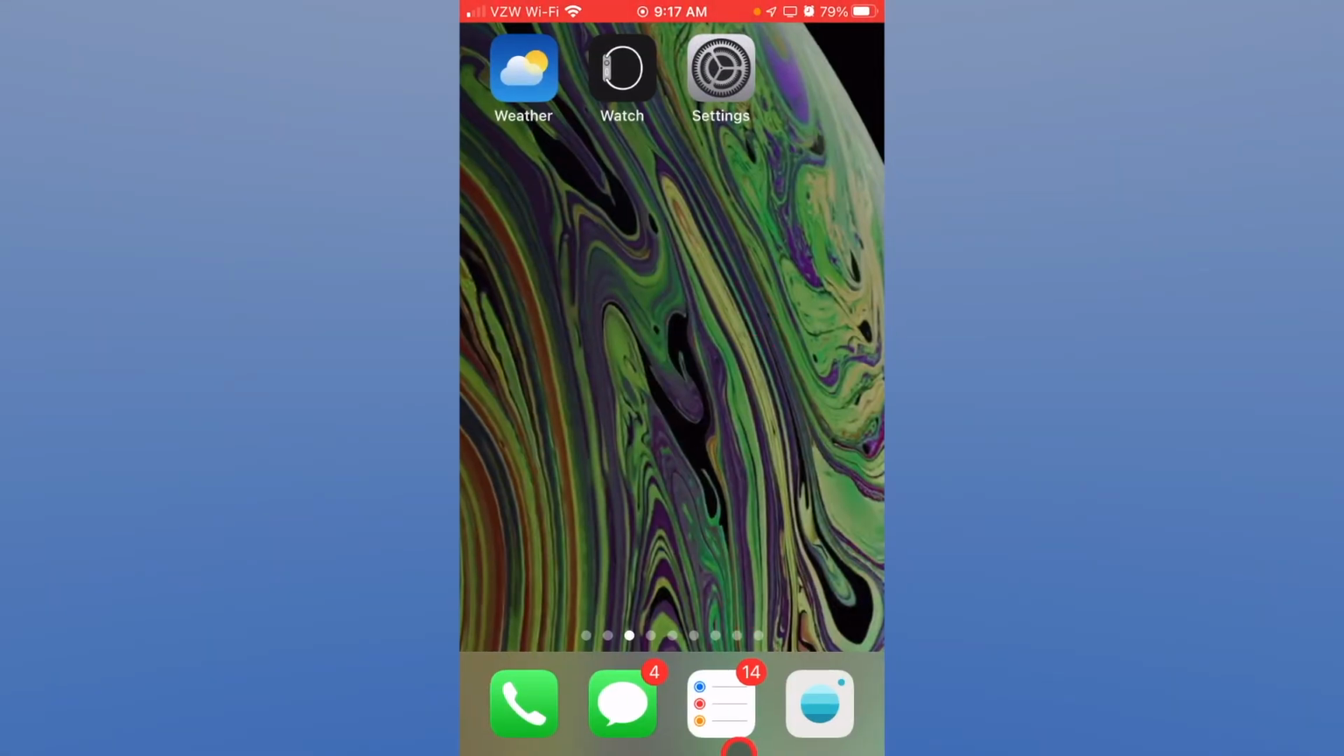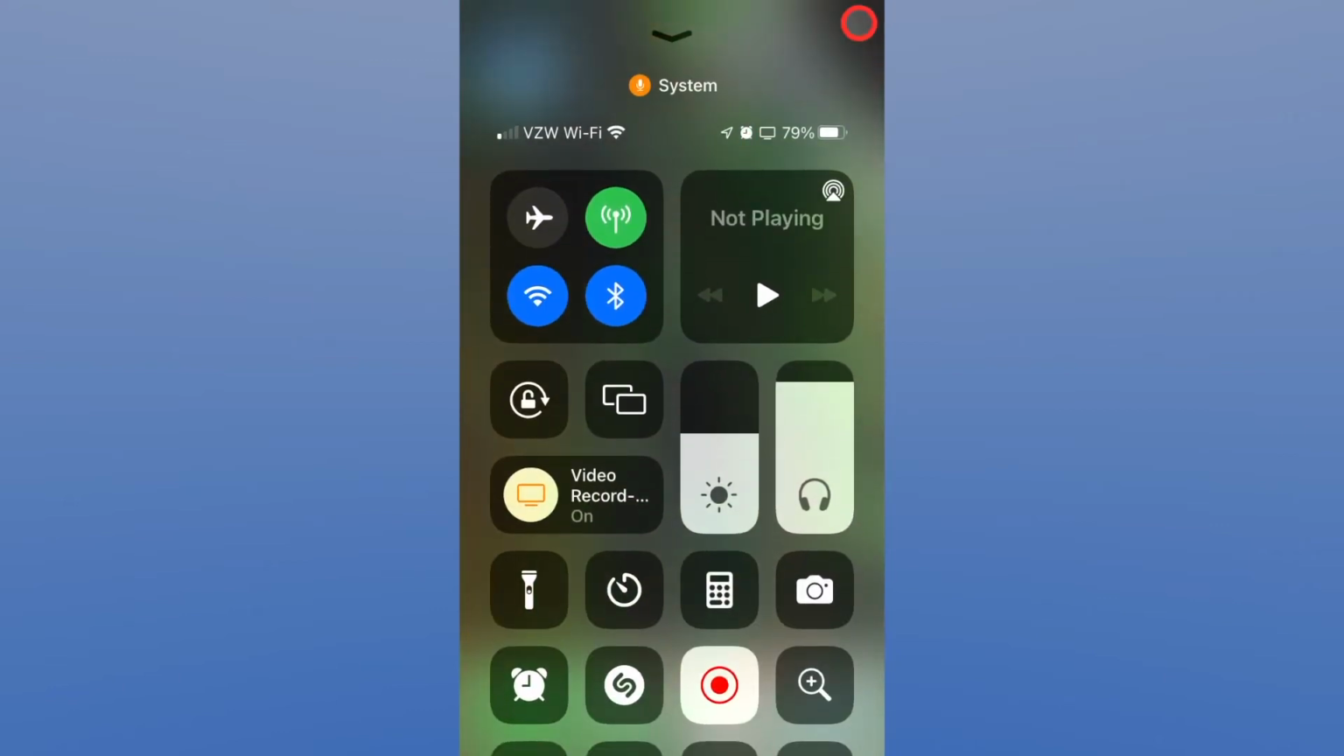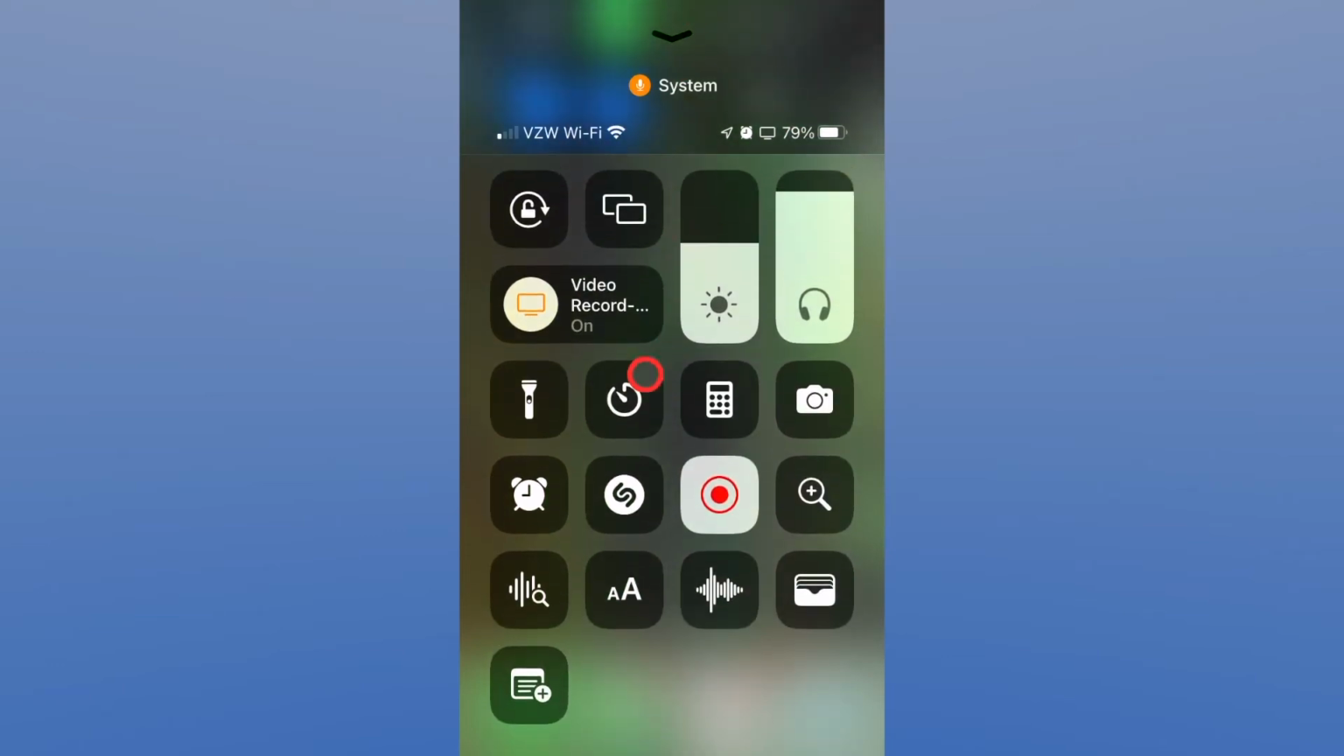Okay, Control Center. Grab the bottom of our screen. I have an older phone. If you have a newer phone, you grab the top right corner and pull down. And you should have an item on your screen that looks like two letters, a small a and a big